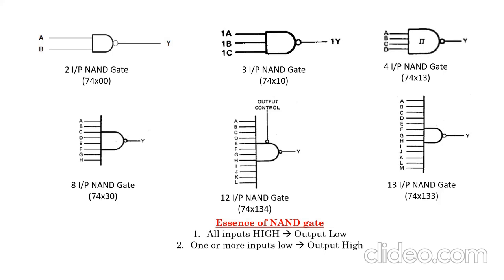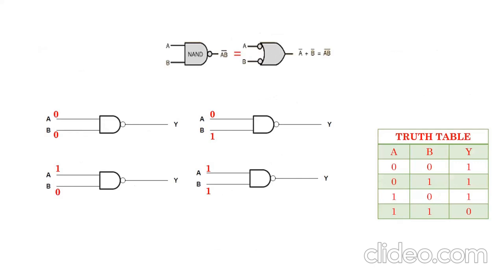So now let us just see. This is the animation of my 2-input positive logic version. We will see it now. When 2 zeros are applied to the 2 inputs, I will get an output of 1. When 0 and 1 are applied, I will get an output of 1. Next, when I apply a 1 and 0, I will get an output of 1.